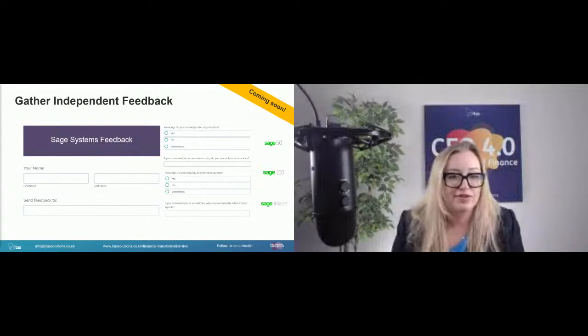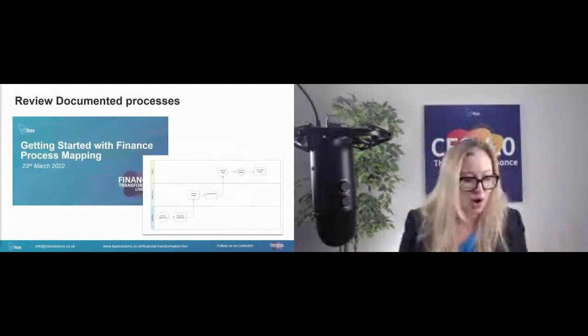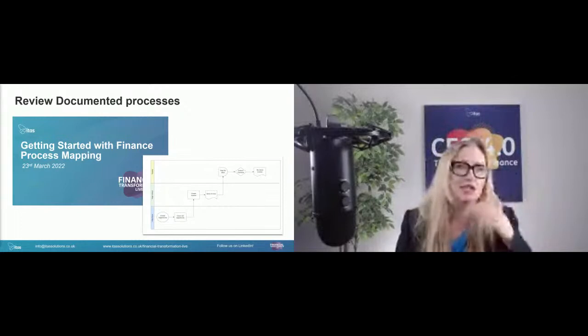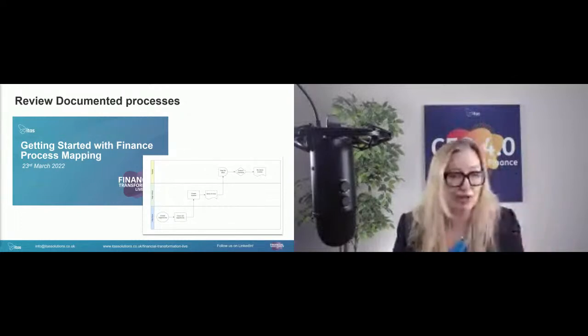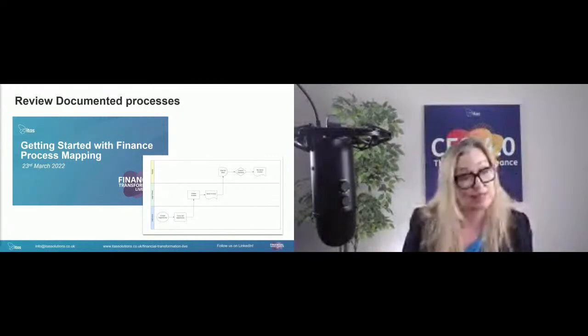Okay, so the next stage is actually to collate and gather that feedback and put it into one place, and then you should see some patterns. You should see some commonalities, particularly from members in the same team, and if they are doing the same role. If they aren't, then you might need to do some further investigation.